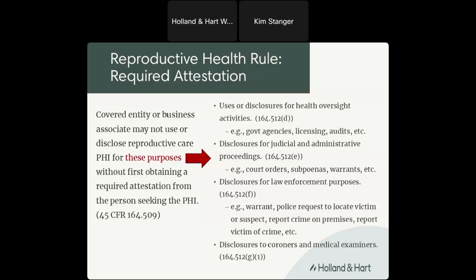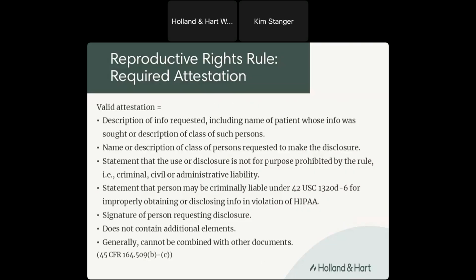And if you learn the reason is for health oversight activities or for judicial or administrative proceedings or for law enforcement purposes, you've got to ask that person to provide an attestation. What does that attestation have to have? Well, it has to contain these elements that are set forth in the regulations, including a statement that the use or disclosure is not for a purpose prohibited by the rule, including that it's not for purposes of criminal, civil, or administrative liability. If they are unwilling to provide that, then you can't go ahead and provide that information if the healthcare was legal where the